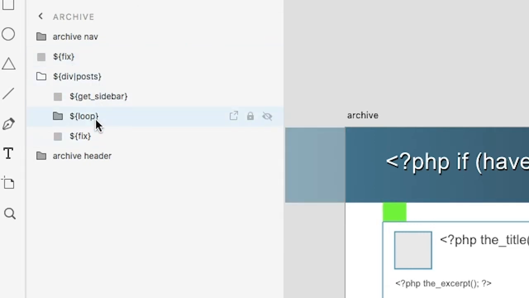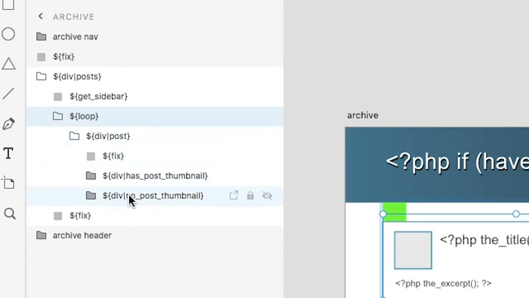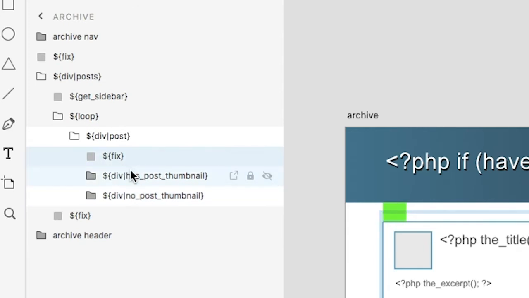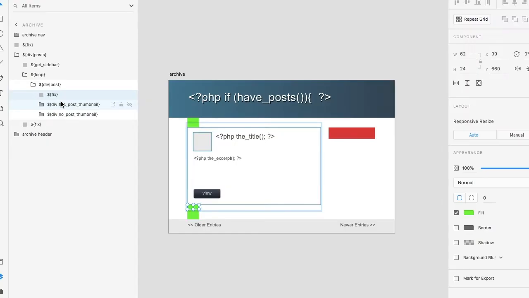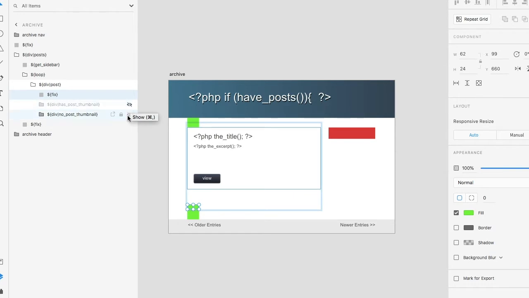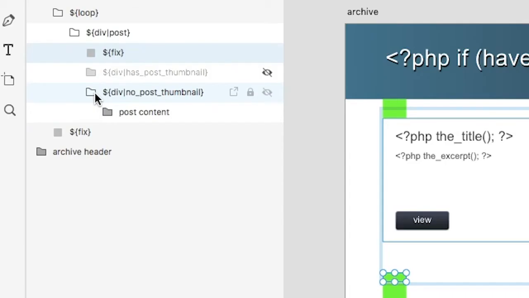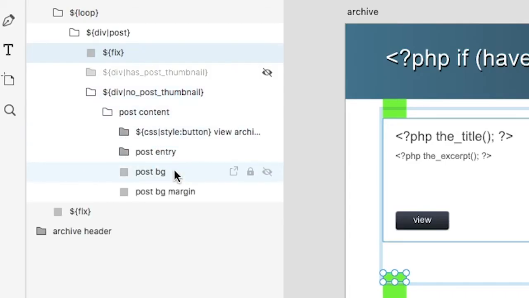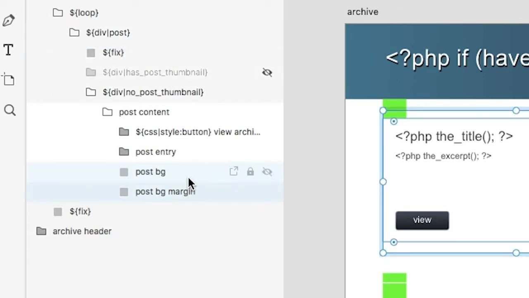So if we take a look at the loop, within our loop we have our posts, we have two conditions: if there's a thumbnail, if there isn't a thumbnail, and we have a fix at the bottom just in case, well, not in case, when we're actually loading additional archive elements. So this might be another page or another post in the list. So with our conditions, one is if it has a thumbnail, one is if it does not have a thumbnail. No thumbnail, it just has the post content,